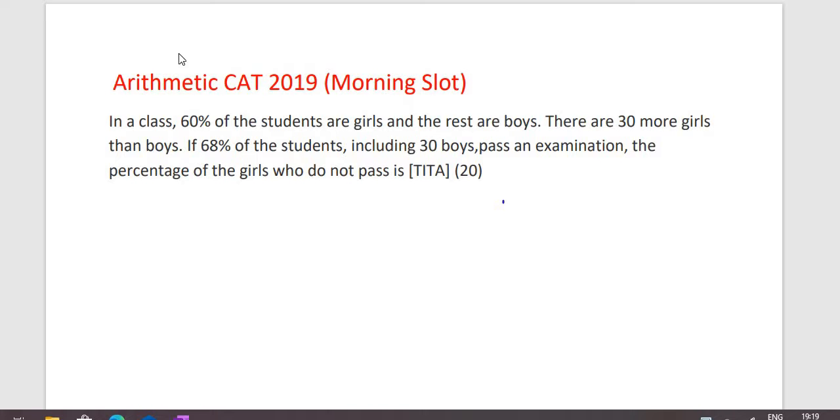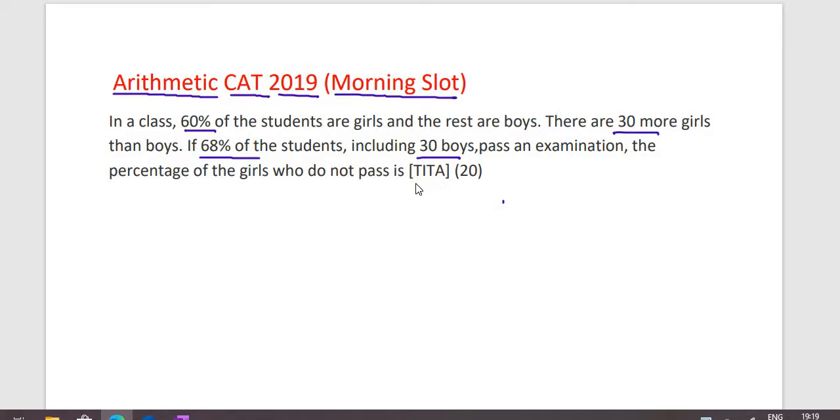Hello everyone, let's see this question, which is Arithmetic GAT 2019 question from morning slot. In a class, 60% of the students are girls and the rest are boys. There are 30 more girls than boys. If 68% of the students, including 30 boys, pass an examination, the percentage of the girls who do not pass